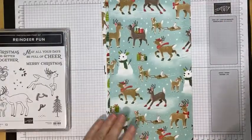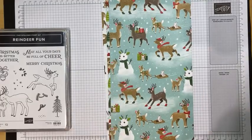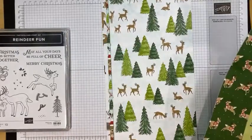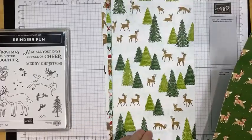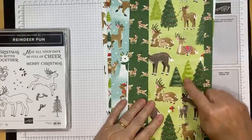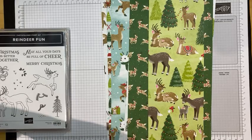Again, this is more deer. We've even got them making snow deers. So that's sweet. Christmas trees with deer on. So if I actually got this, I do have 6. Lots of deer prancing around. And then, yeah, more deer. Hence it's called, what is it called? Reindeer